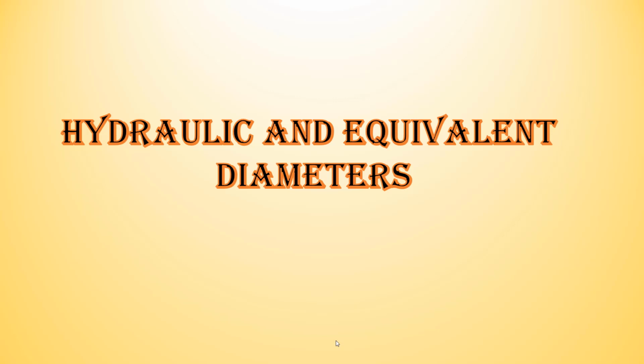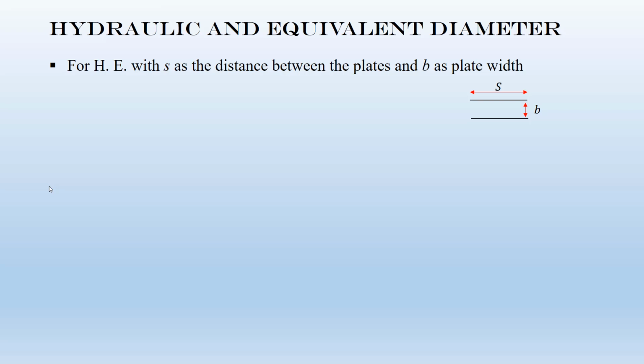Now, hydraulic and equivalent diameter. We already discussed that to find the Nusselt number, you need to find the Reynolds number based on the equivalent diameter. And then to calculate the friction factor and delta P, you need to use the hydraulic diameter. So for the plate heat exchanger, if we assume that